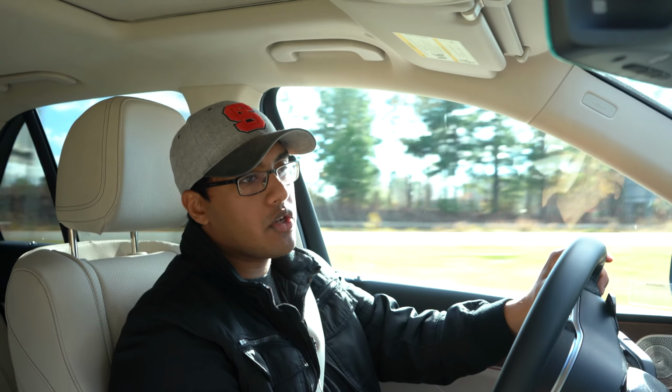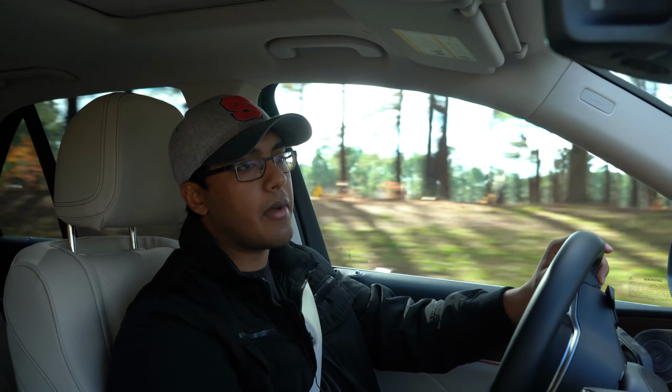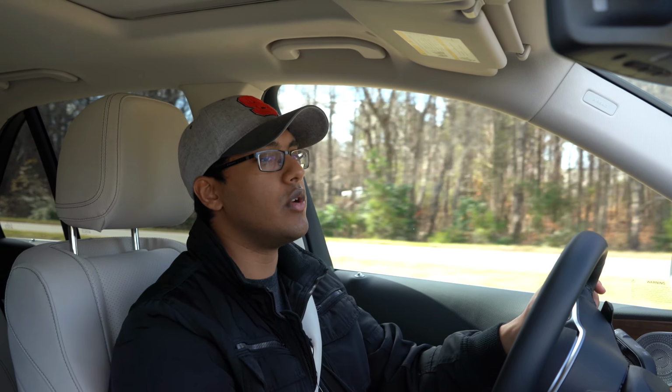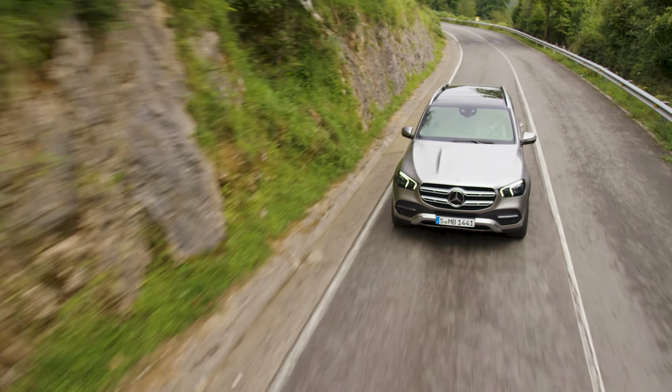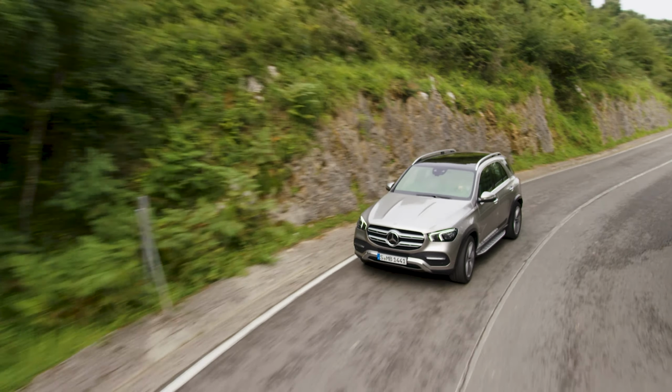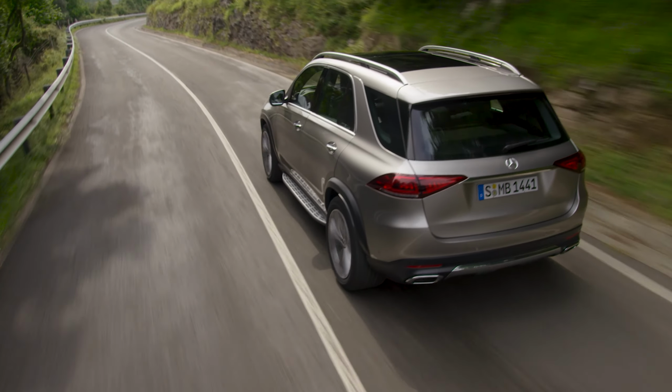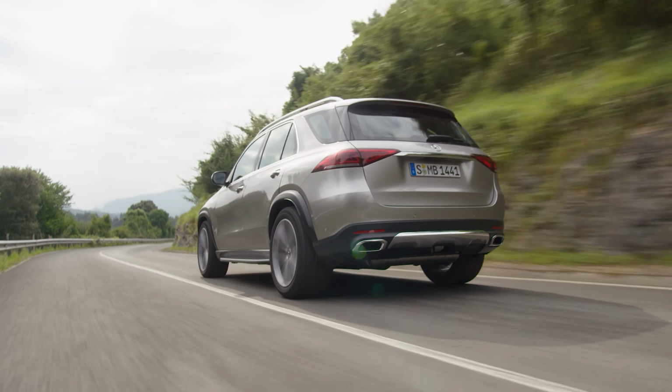But even though you don't have the crazy pneumatic suspension controls and all that, you have a great suspension geometry with these vehicles. It is in fact a double wishbone suspension setup in the front and a multi-link in the rear, so that's great to see. One thing to note, if you do get the V8 models, you're going to get the air suspension as standard. So if you get the GLE 580,